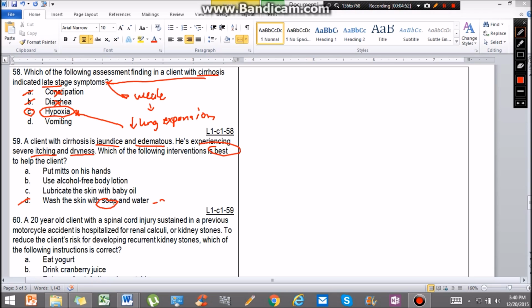Eliminate that because soap can cause further dryness. While baby oil is eliminated because the skin may turn oily. Between A and B, the best answer is letter B, alcohol-free lotion. This will moisturize the skin. And since it's not alcohol-based, it will not cause dryness. Next,